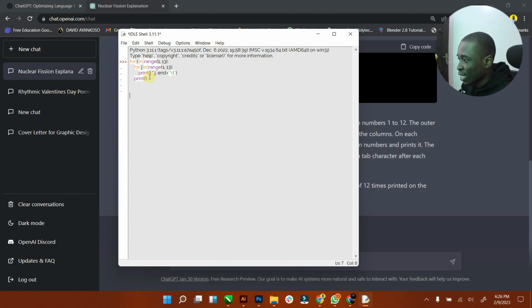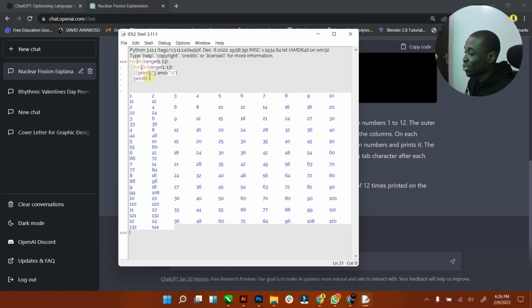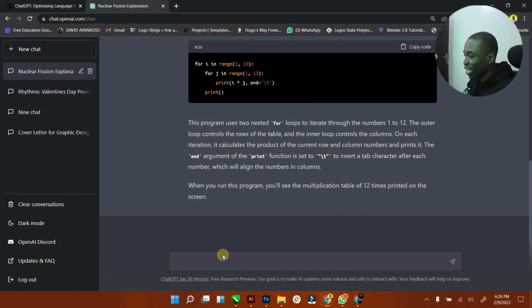Anyways, let's press enter, and you can see your times table is out. It's just so amazing. 1 times 1 to 12, 10 times 1 to 12, and it works. So it's just so amazing. Now imagine if you ask ChatGPT to create